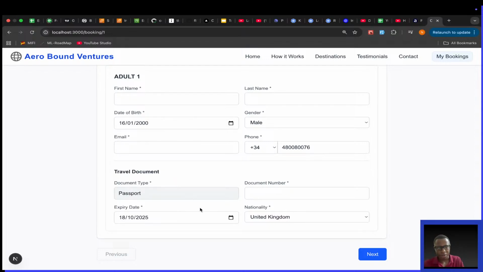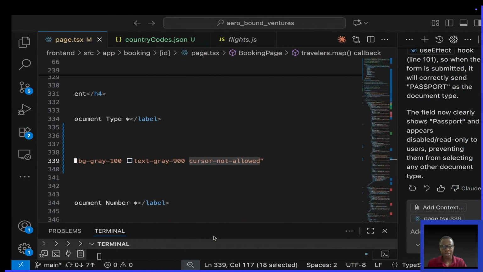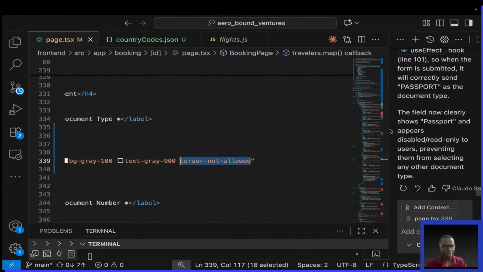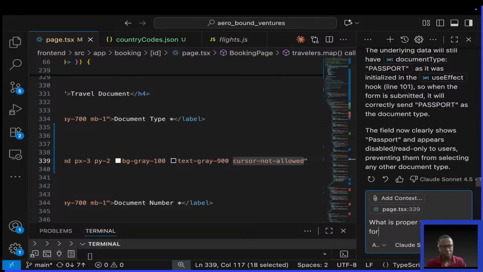All right. I think I'm going to let me prompt AI. I'll ask, what is proper validation for the passport